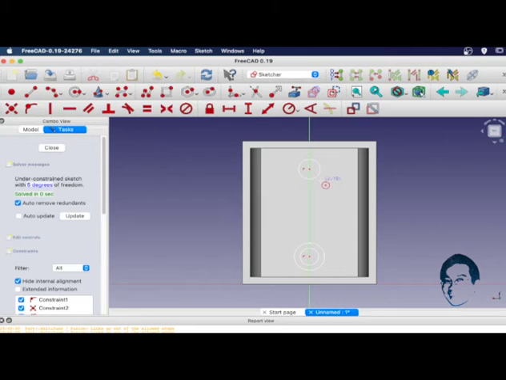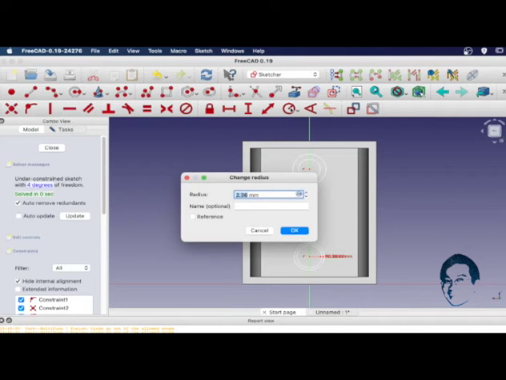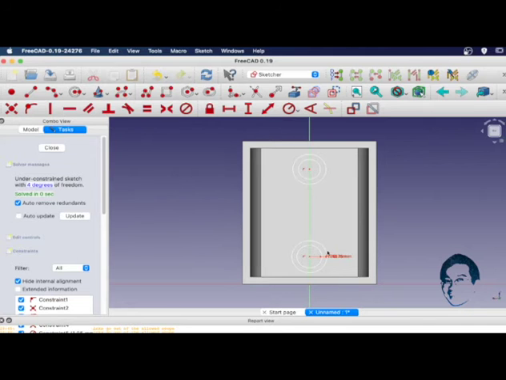The inner circle radius is 1.95 mm and the outer circle radius will be 2.75 mm, and we'll make this inner circle and the top inner circle the same by using the equal tool. Likewise, go to the outer circle and the top outer circle here, and equal them.